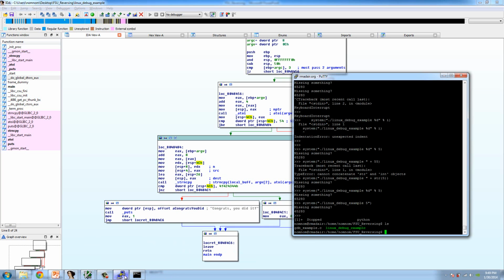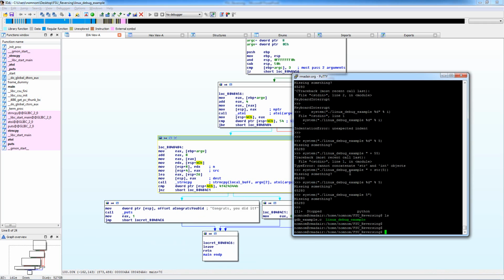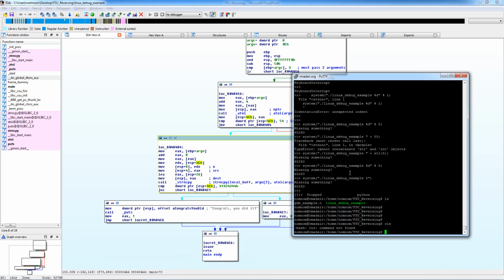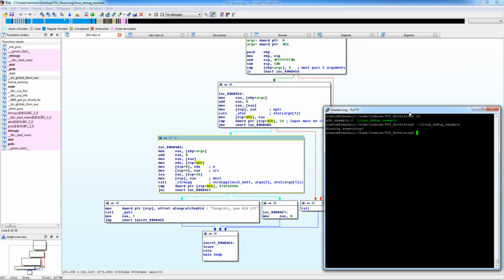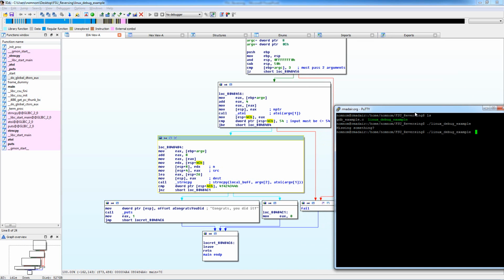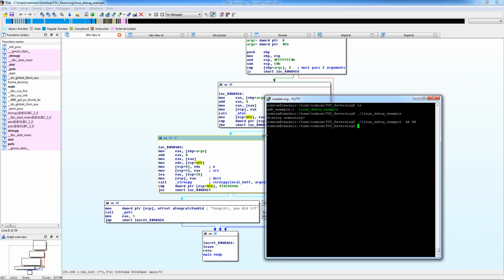Let me see. Clear this out. And here's our Linux debug example. If we don't pass it anything, we get our familiar missing something. And if we pass it a couple A's and a couple B's, then we hit the case where it just returns 0. So